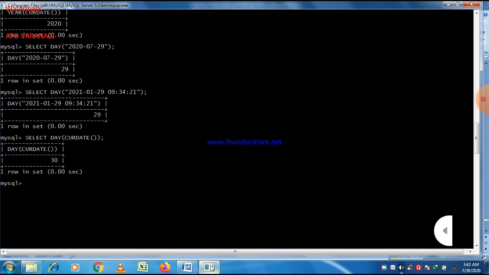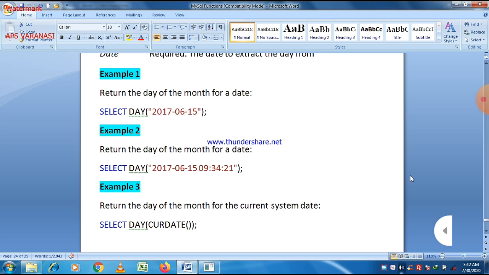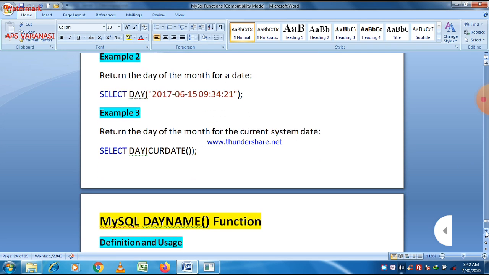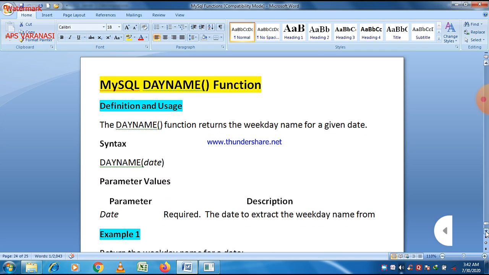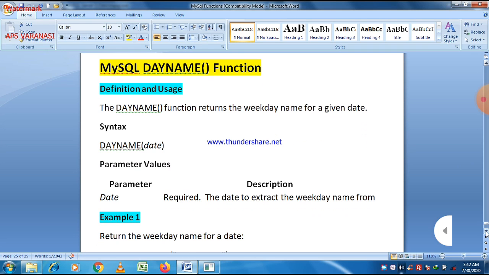Now I think it is clear to all of you how this function works. Our next function is the day name function. As the name suggests, it returns the weekday name of a given date.